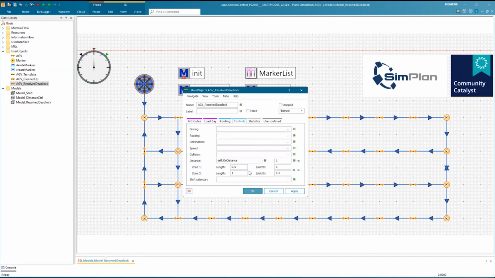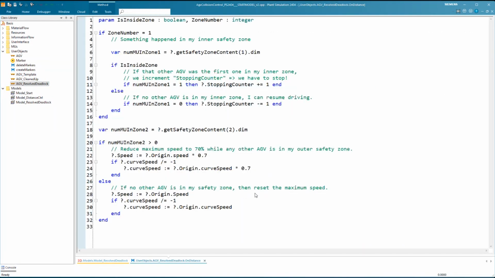We will now modify this distance control so that, in case of one of these deadlocks occurring, we will simply resolve the deadlock by allowing the AGVs to drive through each other in that specific situation. Most of the time, for the normal or easy collisions, this control works, the AGVs will stop, but we want to catch this specific case where they run into a deadlock that will never end and your model is basically dead.